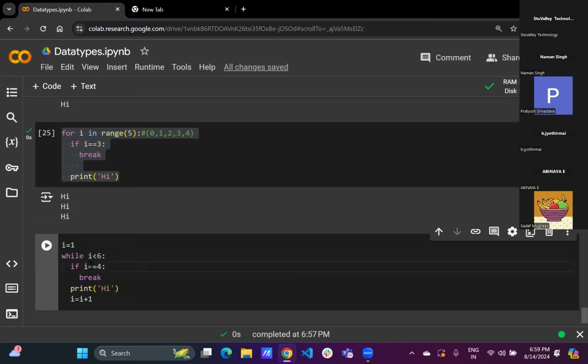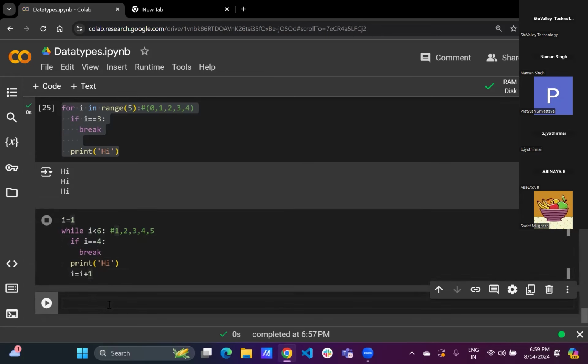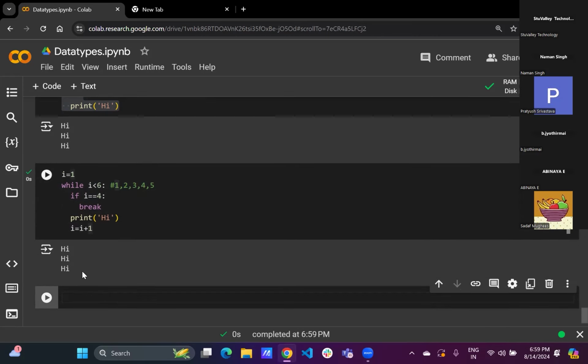हाई जो प्रिंट होगा जब आई की वैल्यू 6, दैट मीन्स कितने नंबर्स यहाँ पे आएंगे? नंबर आएगा 1, 2, 3, 4, 5। दीज आर द नंबर्स व्हिच विल बी देयर। आफ्टर दिस व्हेन आई वैल्यू विल बी 4, दैट मीन्स यहाँ पे आइट्रेशन स्टॉप हो जाएगा। जब आई की वैल्यू फ्री होगी तो उससे पहले कितने आइट्रेशन हो रहे हैं? 3 आइट्रेशन। तो 3 बार हाई जो है वो प्रिंट हो जाएगा।